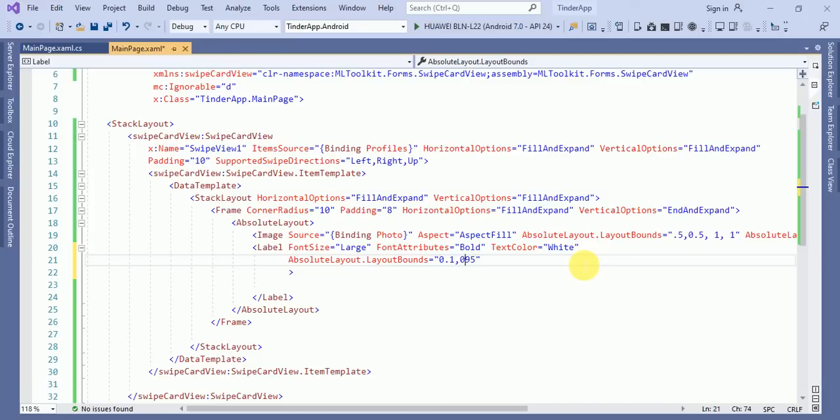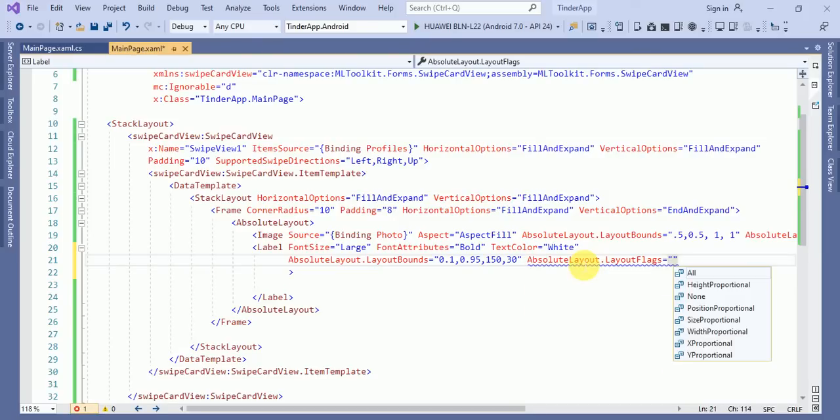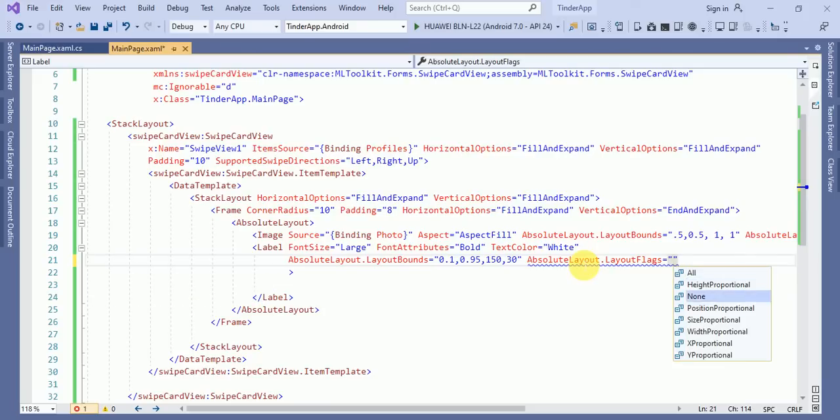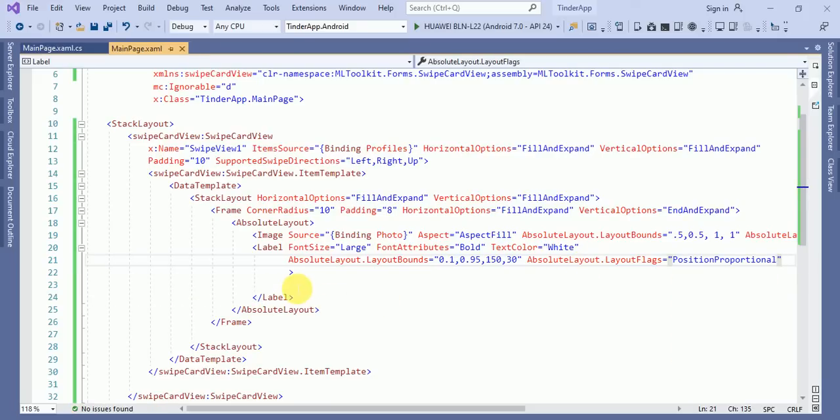If it will not give us the correct result, then we will change the value as per the requirement, as per the screen size. And absolute layout dot flag equals to all. Okay, and we will do the position proportional. Okay, so the label has been finished.